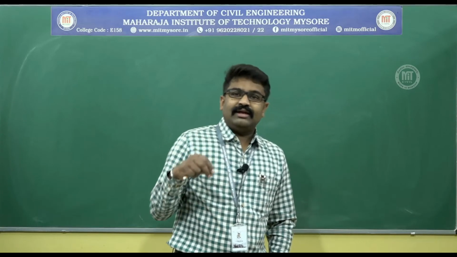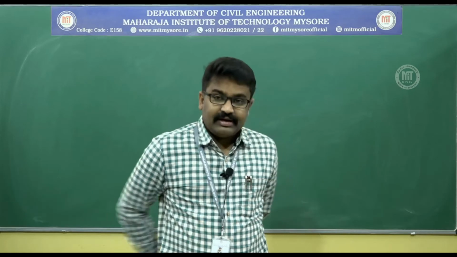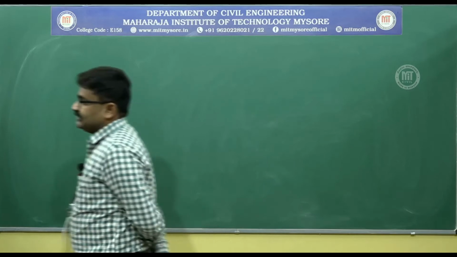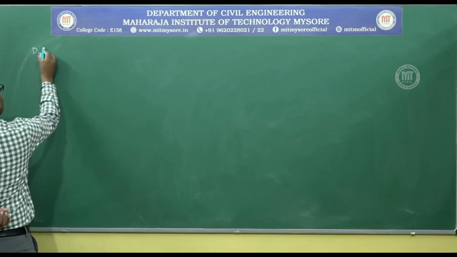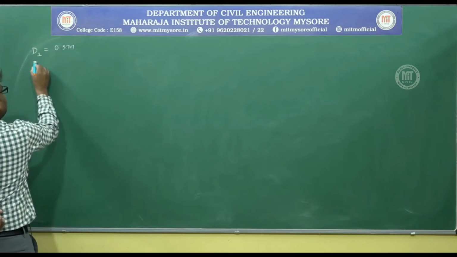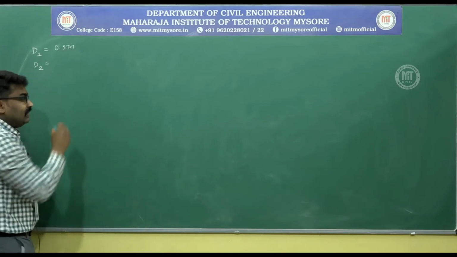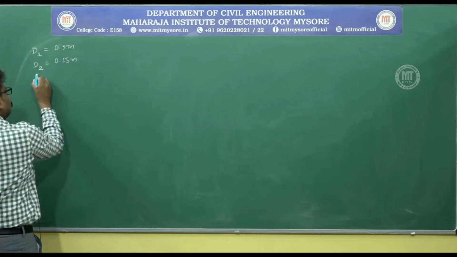You should keep that thing in mind and continue. Now, what are all the things given? A 300 millimeter by 150 millimeter venturi meter. That means the entrance section will be of diameter 300 millimeter, that means D1 is equal to 0.3 meters. D2 is equal to 150 millimeter, that is the throat section, that means 0.15 meter, using which you can